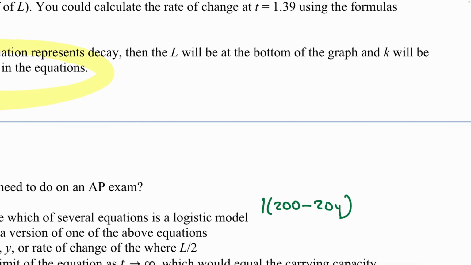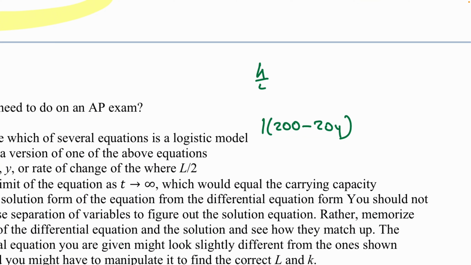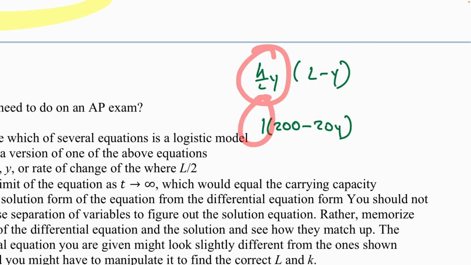So let me just write that, K over L times Y times L minus Y. Now, this whole front stuff is going to be some kind of fraction times Y, something weird going on here, and we don't see that here. There actually would probably be a Y here. But we don't really need to focus so much on that as much as we need to get the L